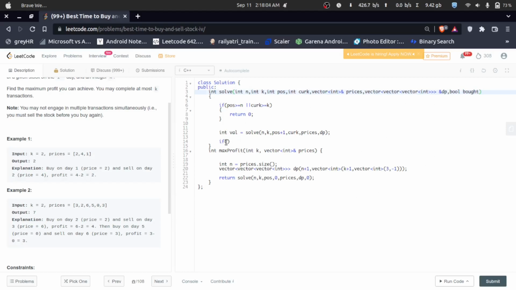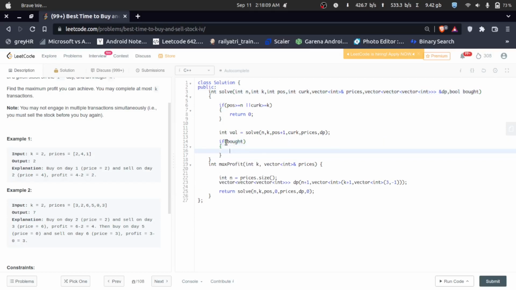So if there is a bot, so right now I'll have an already bot, we'll have to sell that. So max of value comma solve n comma k comma position plus 1 and current k minus 1, because I am taking that as a transaction there. Prices, dp, and it will reverse there bot,